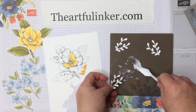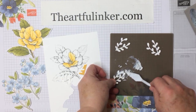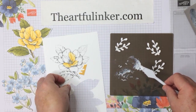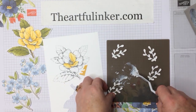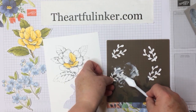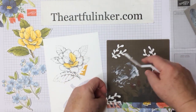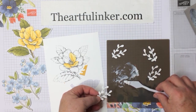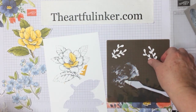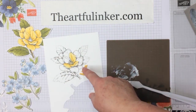So the embossing paste, it's great to take it out and put it on your silicone craft sheet, as it does not stick as readily to that. And then, of course, you know, or perhaps you don't, that once you're through with adding the embossing paste to something, you need to either stick the silicone craft sheet and your palette knife in water right away, or go ahead and wash them off. So I'm going to set these pieces aside to dry, and then I'll grab my paper snips and we'll cut